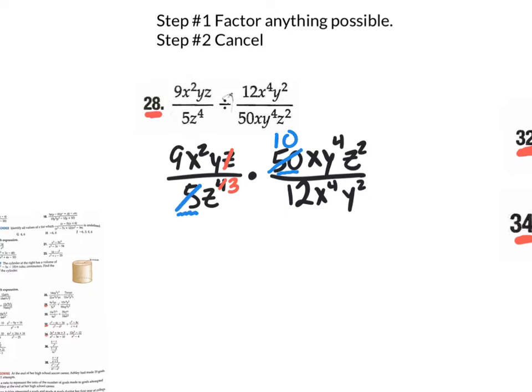5 divided by 5 is 1, cancels out, no more 5 on the bottom, okay? How about the x's? Actually, let's stick with the z's. I still have 3 z's down here. This one completely disappeared. Right here, I still have 3 z's down here, and up here there's 2 of them. So I want to make these 2 z's completely cancel out with 2 of these 3's, leaving me with only